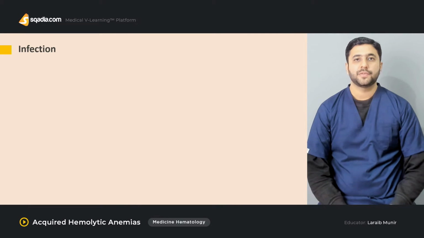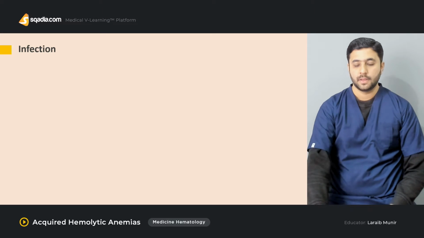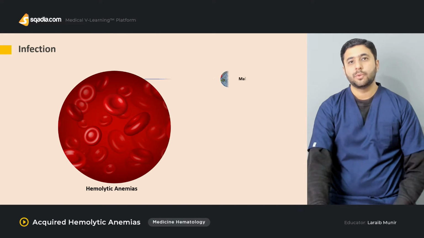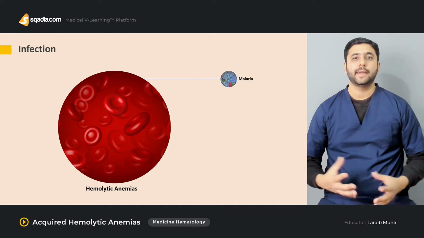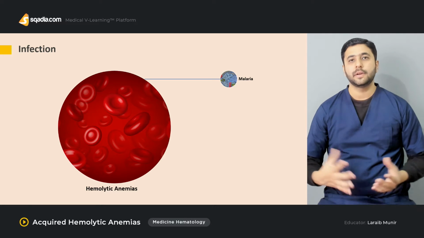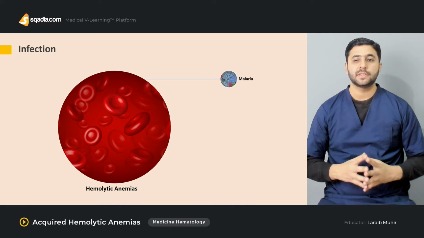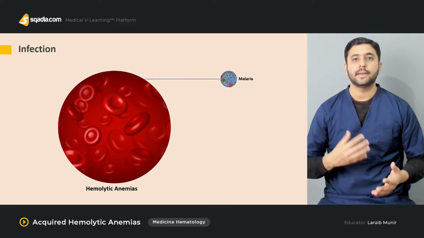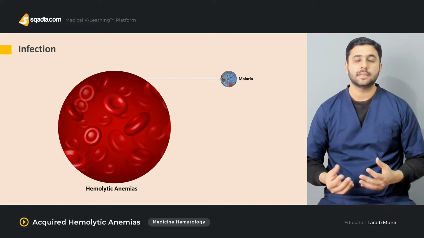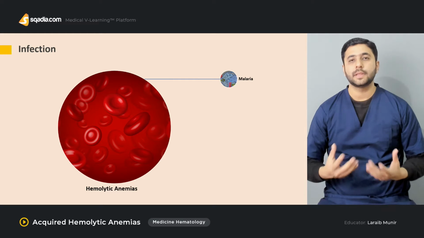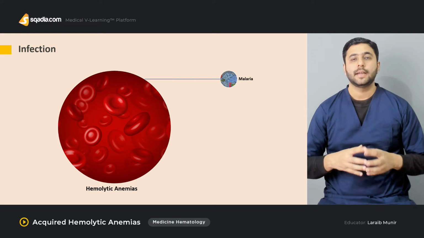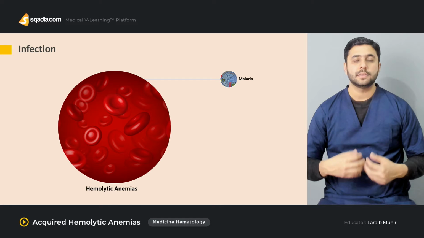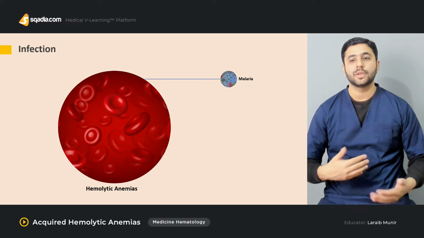Now, there are certain types of infections that target the RBCs, leading to their hemolysis. By far, the most common cause in the endemic areas specifically, and throughout history, of infection leading to hemolysis has been malaria. Because we all know that the malarial parasite targets the RBCs, and it lives inside the RBCs. And when these malarial parasites reach maturity inside the RBCs, they burst the RBC, leading to the hemolysis episode